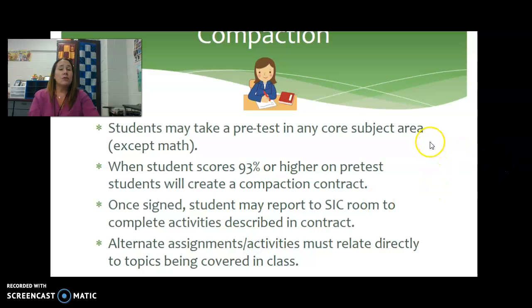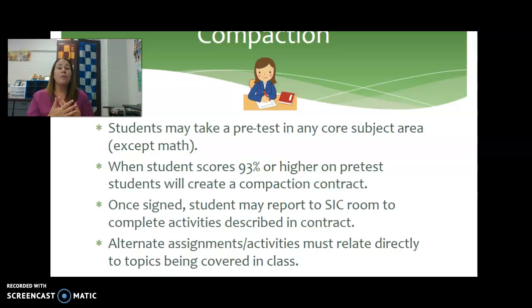Compaction is also an option for all of our gifted students, and that just means they can take a pretest in any core subject area except math because you are leveled in math. And when you score a 93 or higher on the pretest, you can complete a compaction contract. That will be through me. You will do all of your work through me.